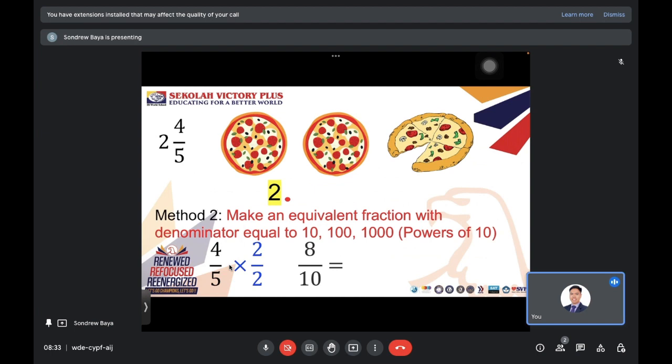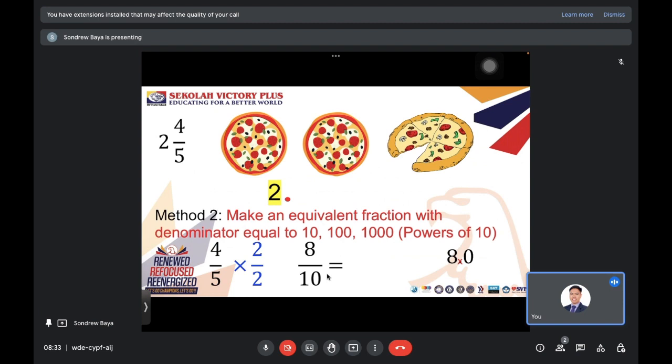Now the moment we have written it into an equivalent fraction with the denominator of 10, to convert it into a decimal, recall that all you have to do, by the way, 8 can be written as 8.0. Any number can be written as that number point 0. To convert this into a decimal, if it's divided by a power of 10, all you have to do is simply to move the decimal point. So if it's divided, the movement of the decimal is towards the left. Now look at the number of zeros. In the 10, there is only 1 zero. Therefore, we move this 1